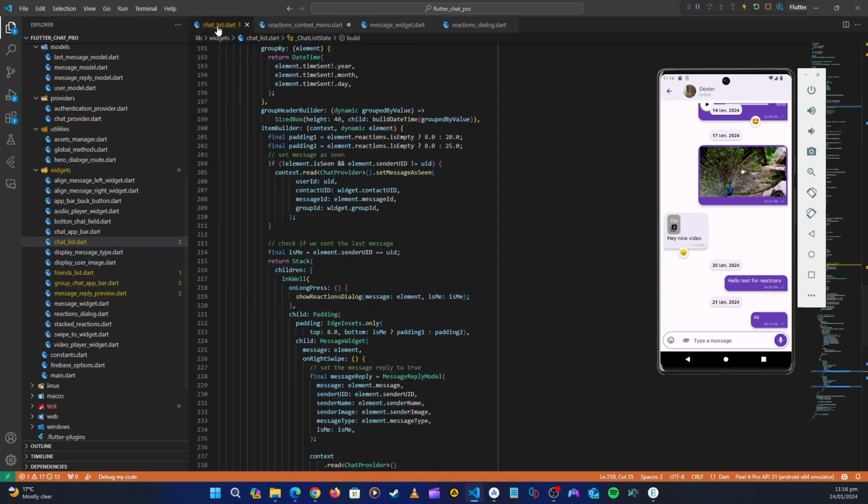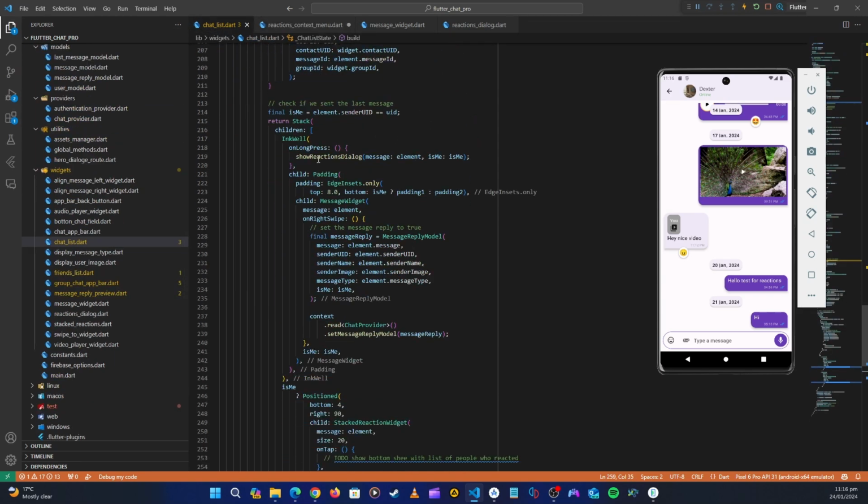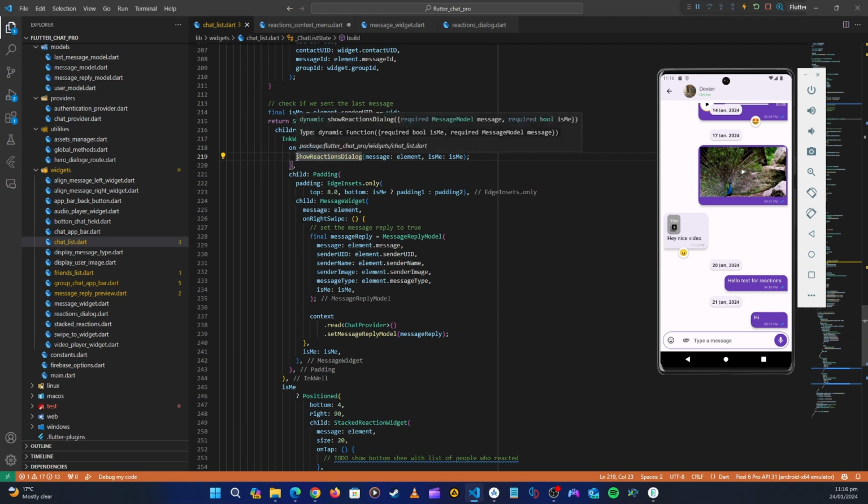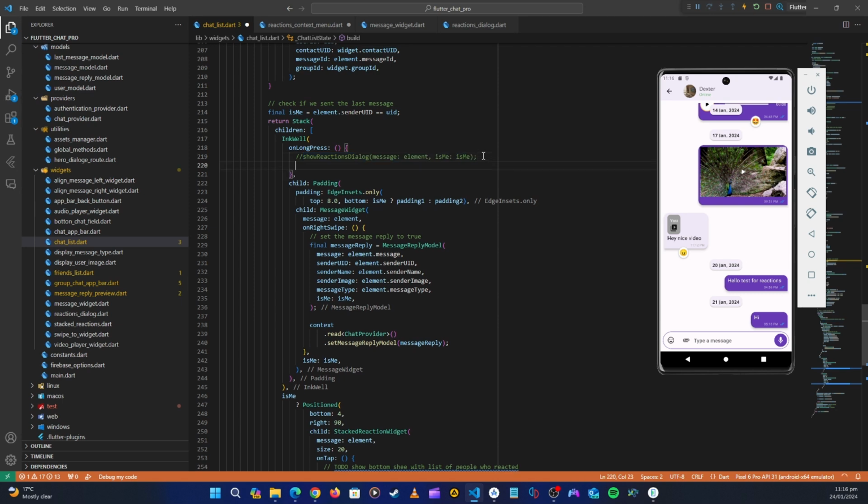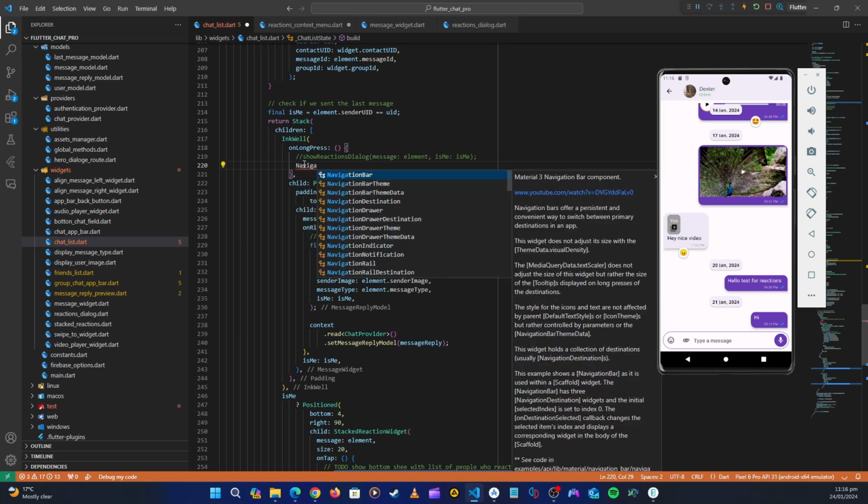So in here now, here on long pressed, remember we are calling the dialog, okay, show reactions dialog. Now instead of this show reactions dialog, we need to navigate now, okay. So let's put it down here just in case you guys may want to use this method. I'm just gonna comment it. So here we need to call navigator